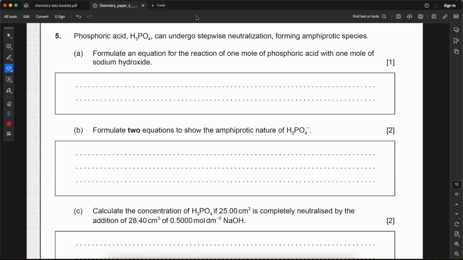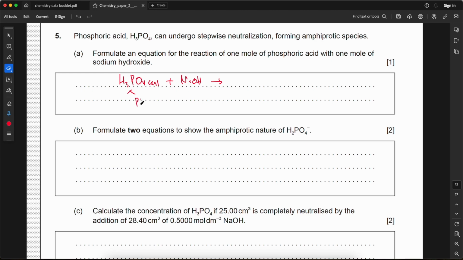Phosphoric acid H3PO4 can undergo stepwise neutralization, forming amphiprotic species. Formulate an equation for the reaction of 1 mole of phosphoric acid and 1 mole of NaOH. If you find it difficult to produce the product,